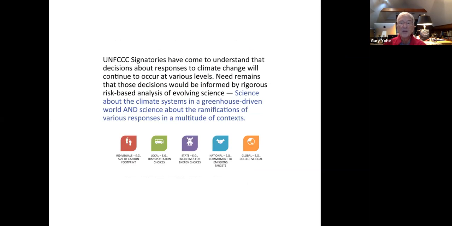Lots of people are involved, lots of scales are involved. There's individuals, and you can go through there, but there are local decision makers, there are state decision makers, there are national decision makers, there are global decision makers. Up until about a week ago, when the senator from West Virginia decided that he would think about climate as something he would be willing to put forward at a national level for the United States, I had become convinced